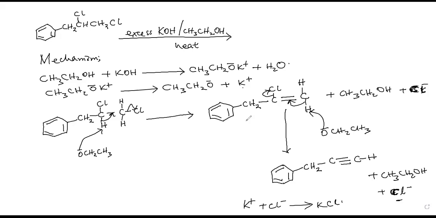The first step yields a haloalkane, then another step yields an alkyne. So it takes place in two steps. The first yields a haloalkane with one chlorine, and then another one yields an